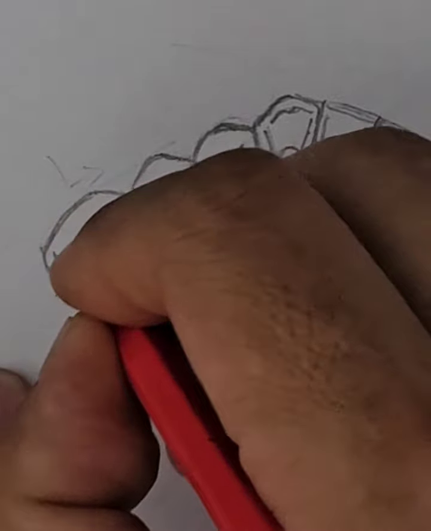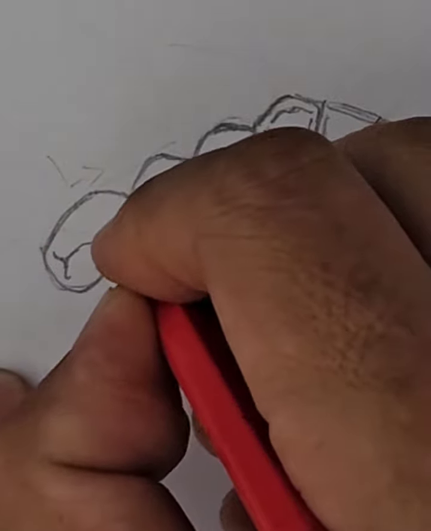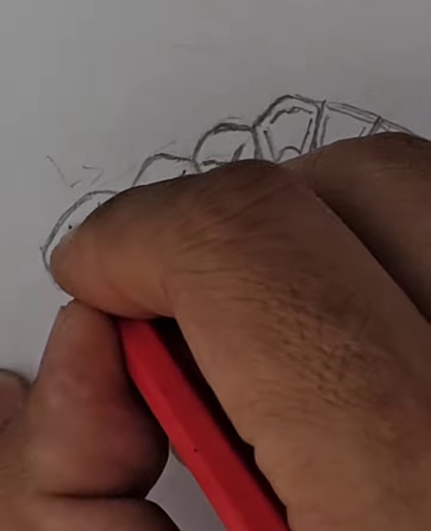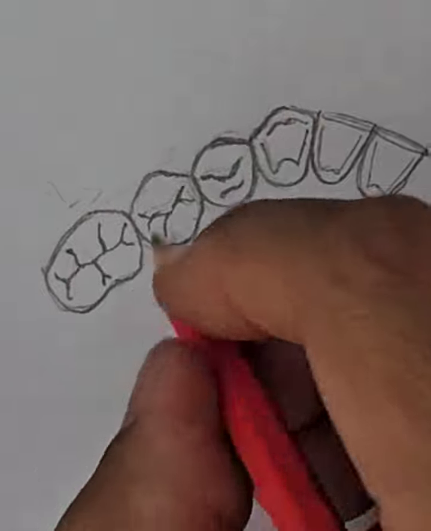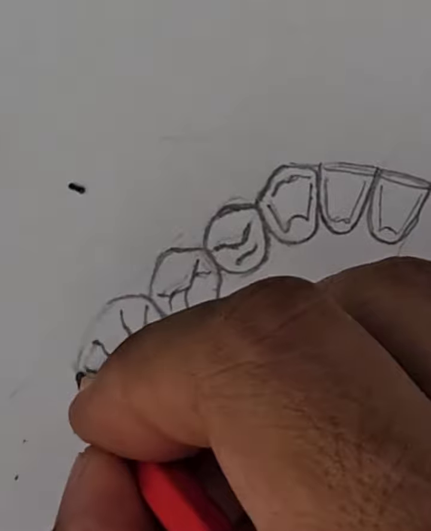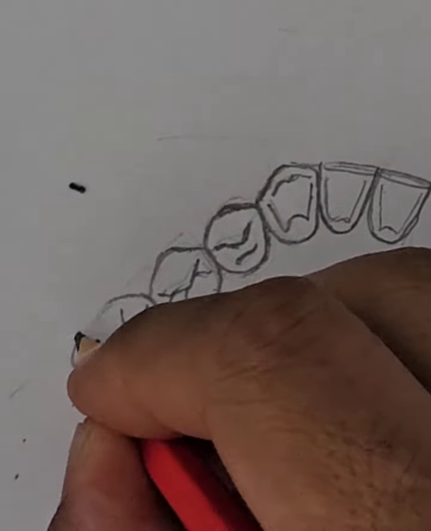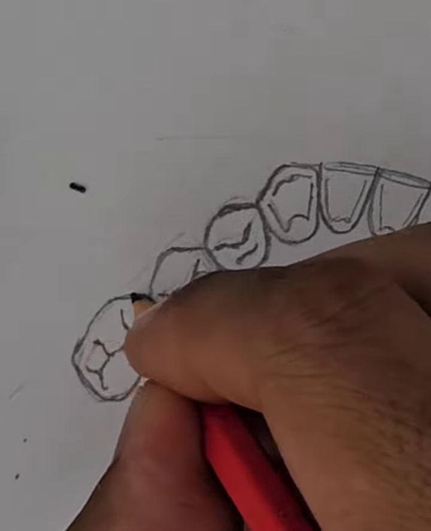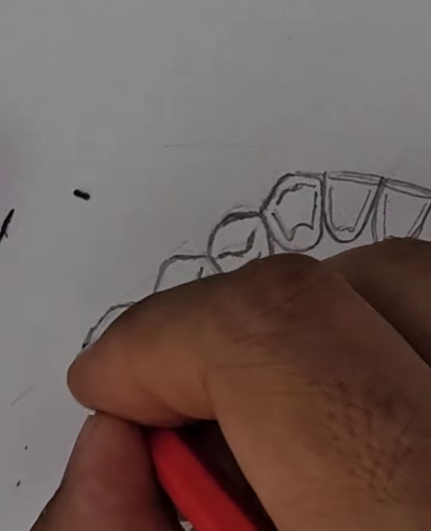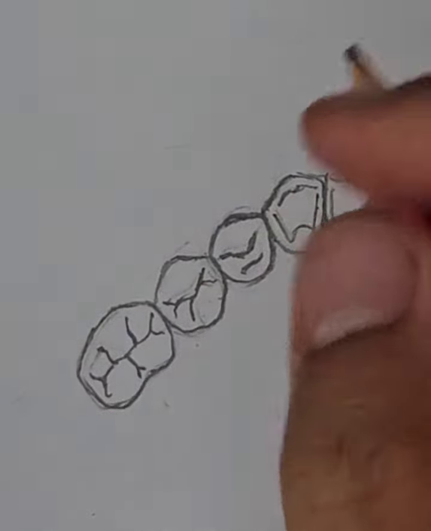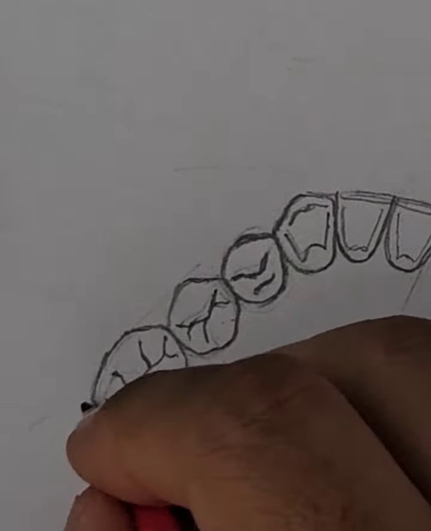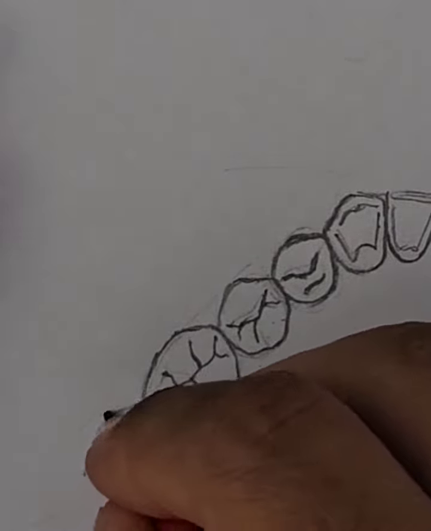So here you're going to draw two marginal ridges. I'm going to connect them. Obviously here is going to be one cusp, here is going to be another cusp, and maybe fix this a little. It should be reasonably how a molar will look, and you're going to go for the second molar also the same. You're going to have a large